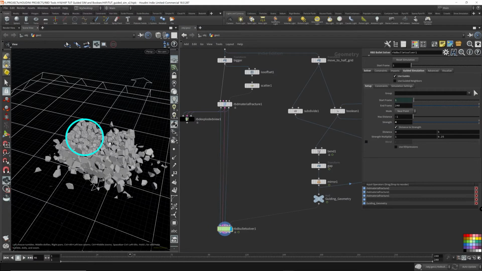I don't know if you can tell. Some of these pieces here are shaking a bit because they're being forced out of place since there's no room. As we bend it, there's less room on the bottom and some of the pieces are getting popped out. Since I turned up the strength of the influence of the guiding simulation, it's being pulled back. It's saying you're not allowed to pop out yet. You still have to follow the guide.